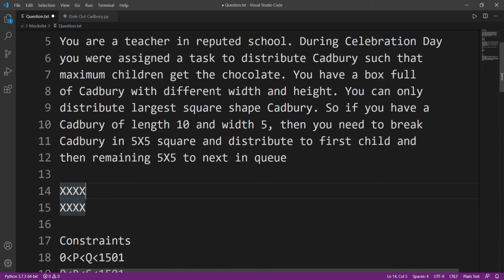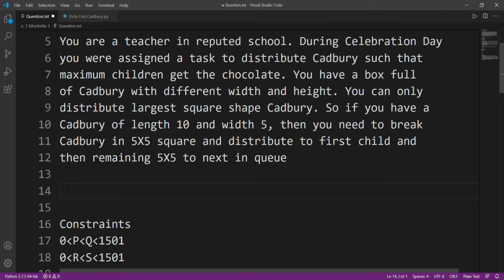So when the dimensions are 2 by 4, the largest square that we can provide is 2 by 2, right? So firstly, let's provide him with 2 by 2, and after that we'll be left with only this much chocolate bar. Right now our dimensions are again 2 by 2, and this is already a square. So if we have a chocolate bar in the shape of 2 by 4, then we can give it to only two students.